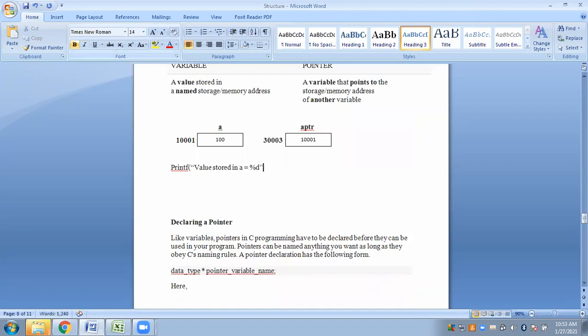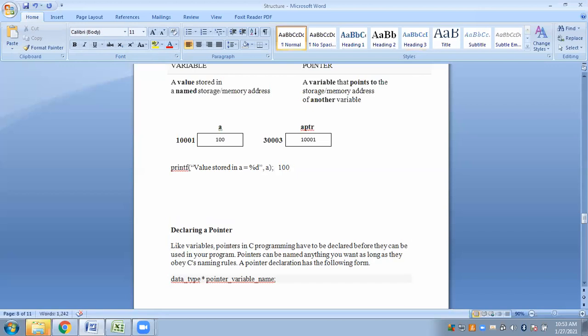I will be writing some printf statements just to show you the difference. If you write this a, it will simply display the value that is stored in a, that is 100. This is the result that you will get.